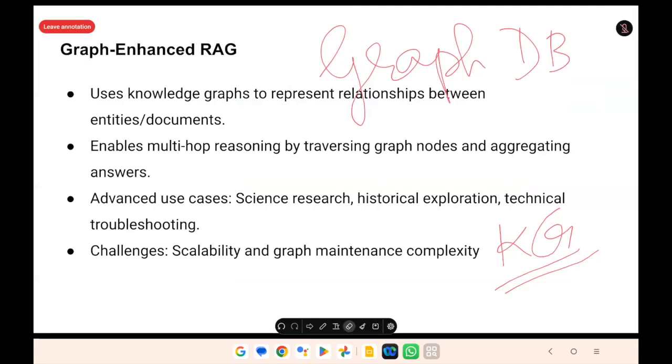And of course, RAG is again not restricted to text. You have image, you have audio. There is a concept of multimodal RAG, where you use unified embeddings, which encapsulate all these modalities, and you get the answer.